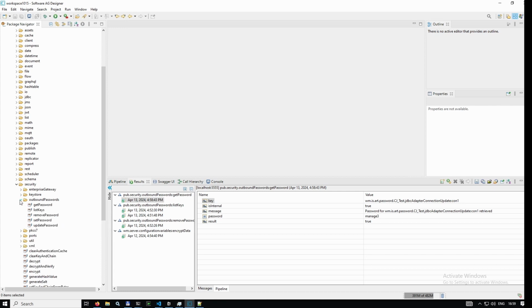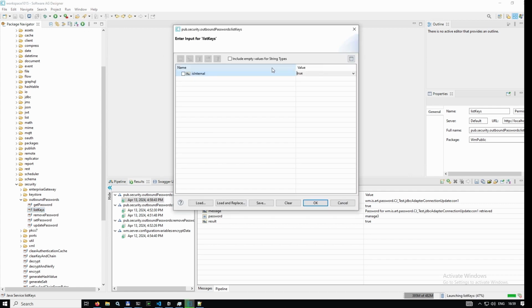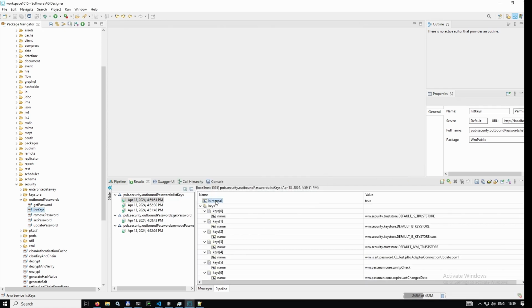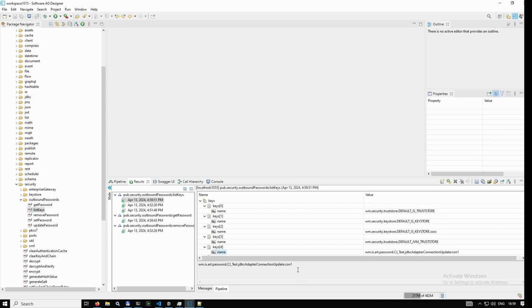And first thing is we need to find out what exactly our password handle looks like. For that we have the list keys service, and we need to set the isInternal flag to true, and there's another thing that needs to be done prior to that I'll show you in a second. And if we run this, we get all the keys, and this one is what we need